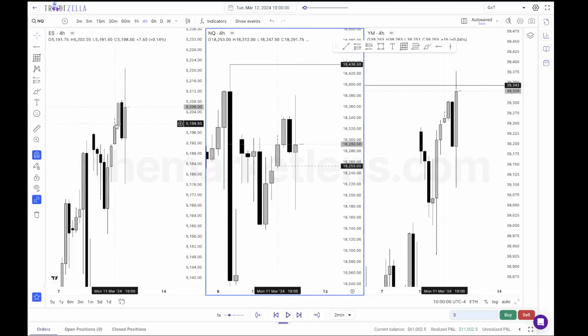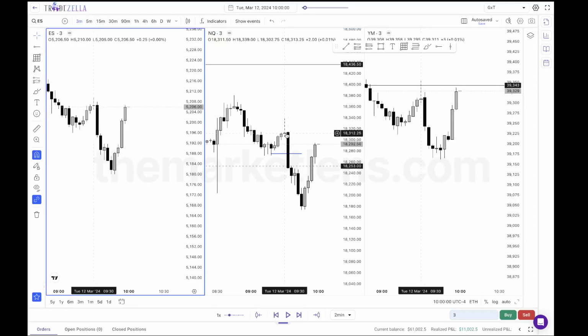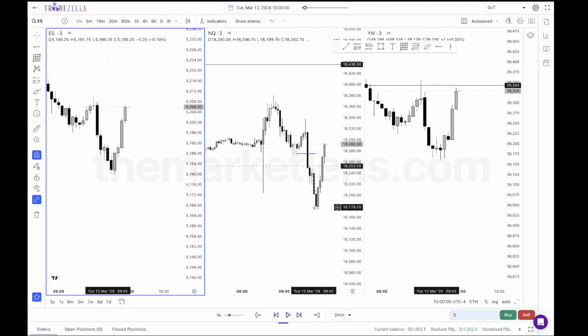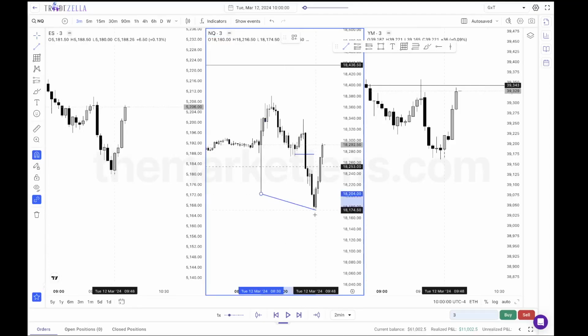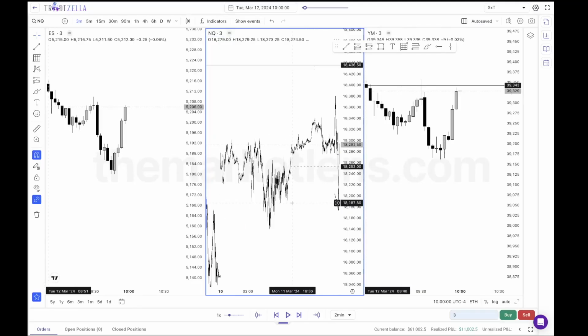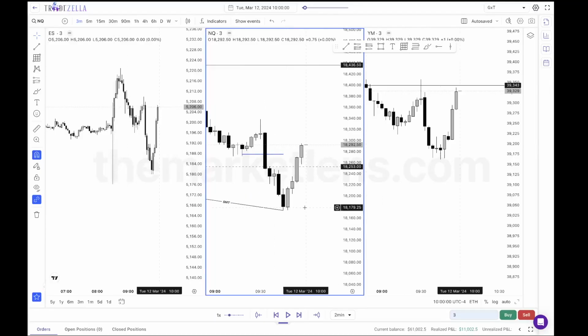This is not ideal. But we're also pairing this with 930 manipulation potentially. So we have the V shape on all assets. This is what I really like to see as well. There's only one place to go here, and that's up at this point, in my opinion. It's just one of those days. It's going to be hard to navigate, but we'll see what we get. We'll just play price around here.